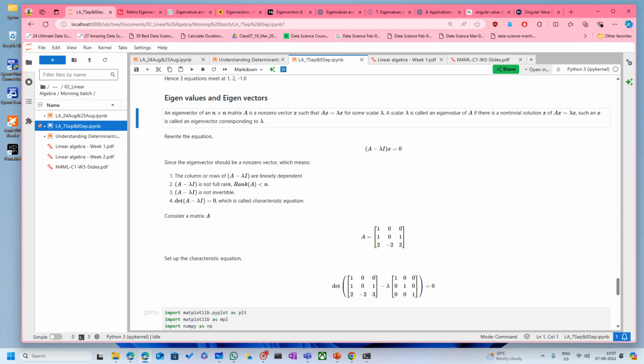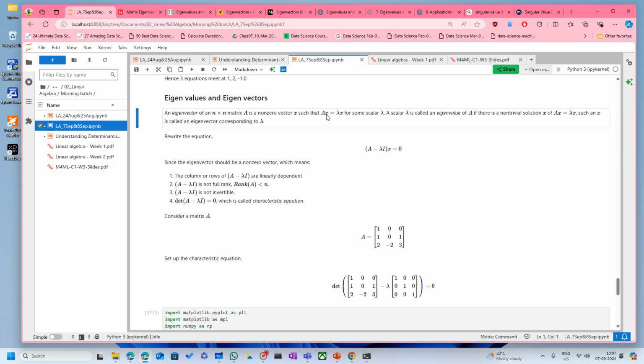When you do this multiplication, the same end result that you get after multiplying that matrix to that vector can also be obtained by just doing a scalar multiplication to that vector. Lambda here is some scalar value, some 1, 2, 3, 5, 10, 1/2, whatever it is, and that scalar value multiplied to that vector has the same result as the entire matrix multiplied